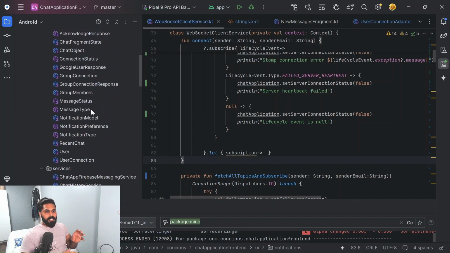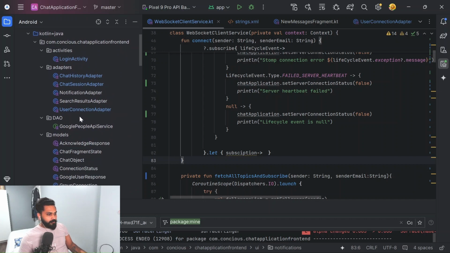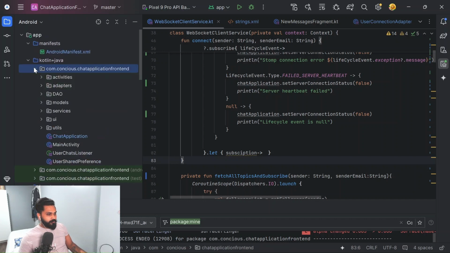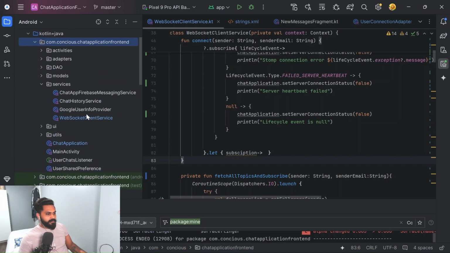I'll not dive deep into how each component looks, but I will basically integrate the working of this front end application with the backend, and I will explain this with the services part and